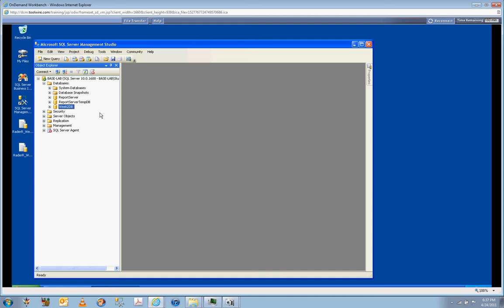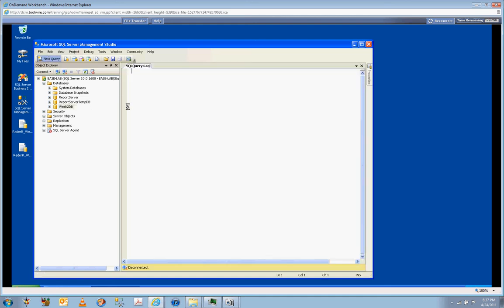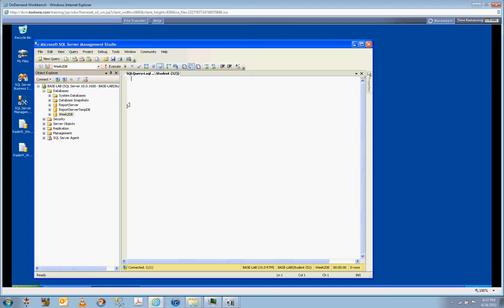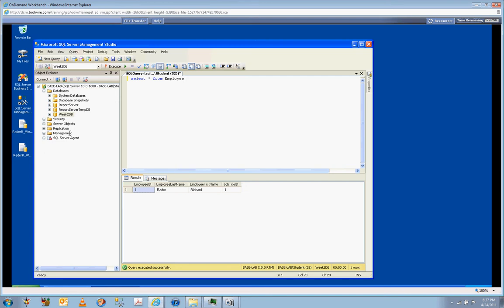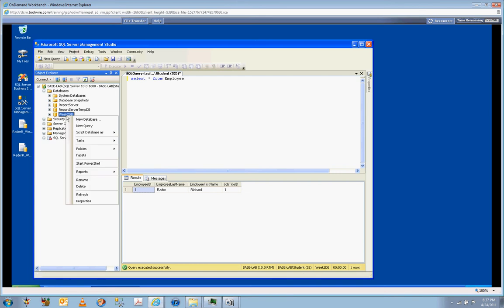Okay, the last section, of course, is making a database backup. So we'll just check and make sure my data is still there. F5. My data is still here, so this is the right database. In order to make a proper database backup, I need to go ahead and right-click on the database name, go